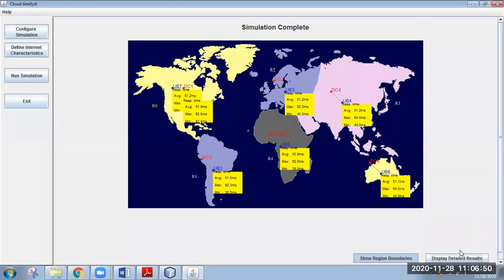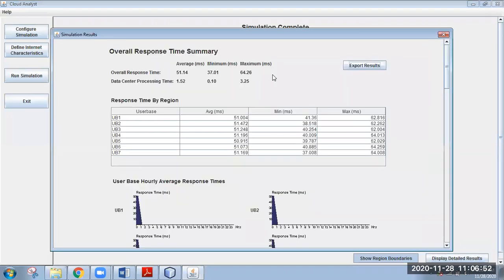Okay. Now let us go to the result. You can see the overall response time of all the user bases in the data center, where you can get the average time, minimum time, and maximum time in milliseconds. You can also see the data center processing time, how much time the data center took to execute these things; the details you can get.